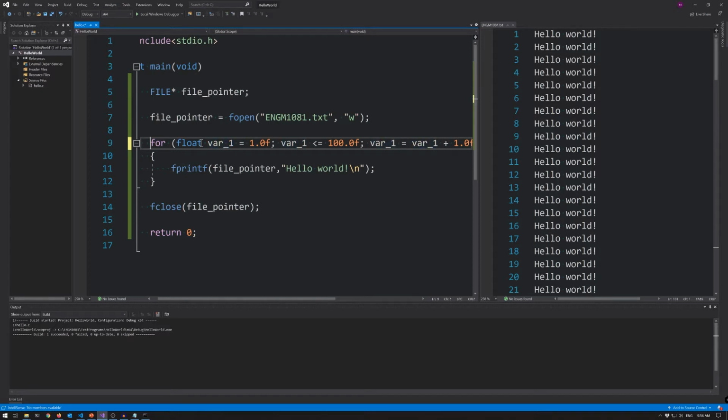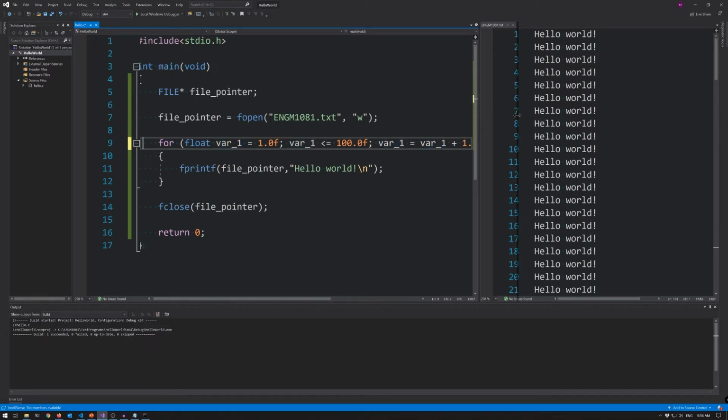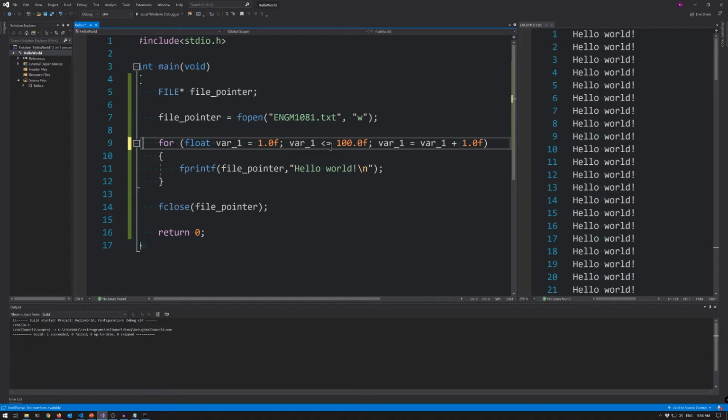Okay, perfect. Let me actually make this a little bit bigger so we can see all the code in one line. Now, in the fprintf function, I have the file pointer, and for the format, I'm going to use %f. Let's actually put %.2f to print with 2 decimal points. And we'll want to go to the next line at each line, and then a semicolon. So if I compile and run this code,